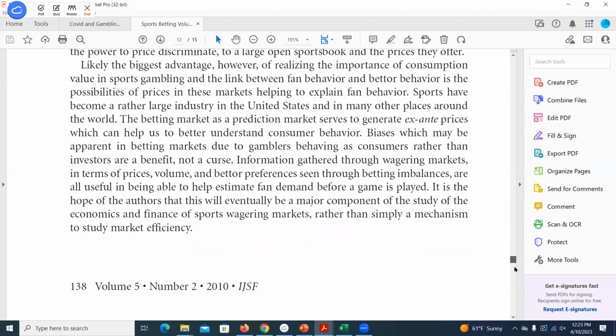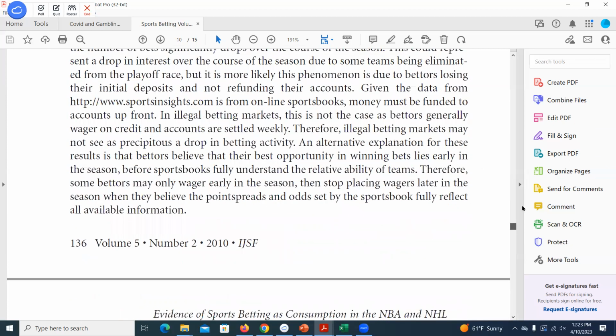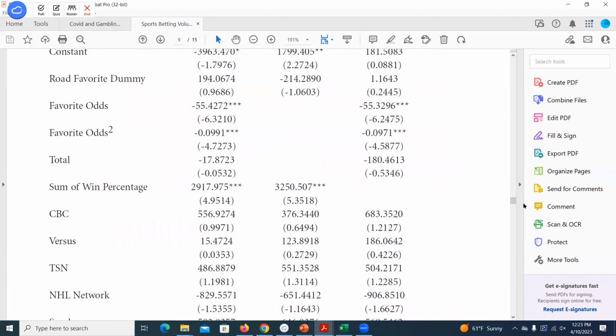I think that's the last table from this one I want to go over. Any questions over that idea? So if I can identify the things that make people more likely to bet in the game, things like the odds should be 50-50, I can start to figure out what bets the public is going to overbet or underbet on.